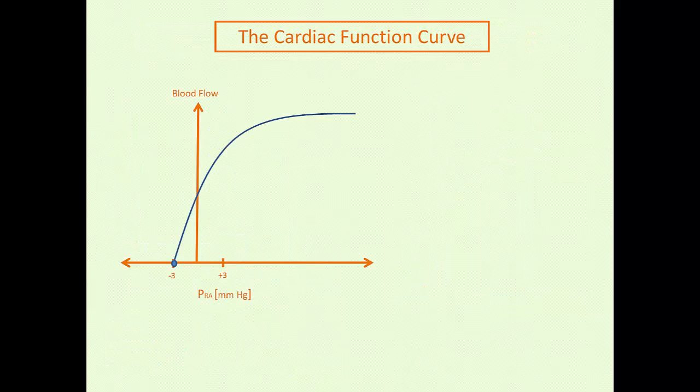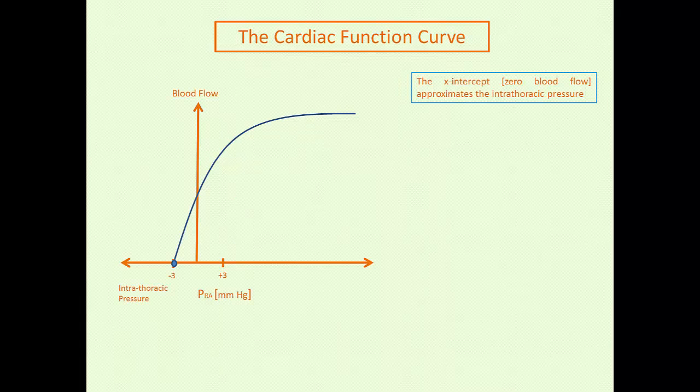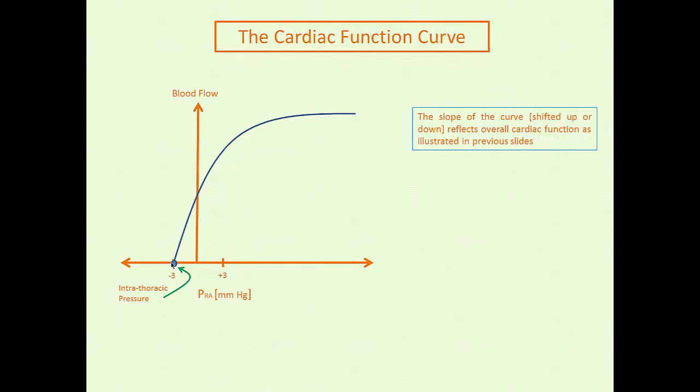So that being said, the cardiac function curve in all its glory, the x-intercept, I talked a little bit about this in part 2 of this chapter, but just to reiterate, because it's very important for what I'm about to talk about next, is that this is a representation of intrathoracic pressure, and that is if you were to uncouple cardiac output from venous return, so experimentally you'd clamp the IVCs and then measure the right atrial pressure, well, it would be equivalent, because the right atrium is a thin-walled, very compliant structure, it would be equivalent to the intrathoracic pressure, which is subatmospheric. So this intercept is critical to understand heart-lung interaction, because as you'll see, the two key